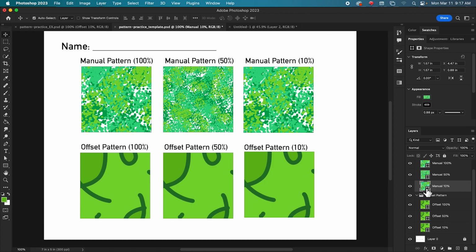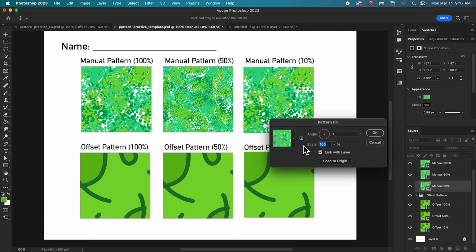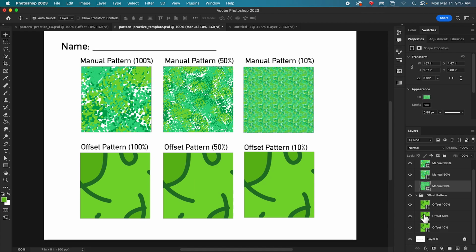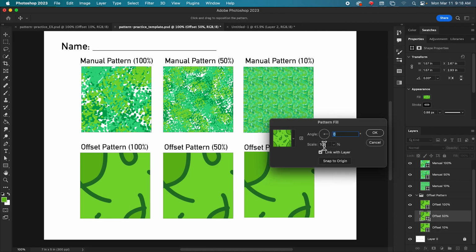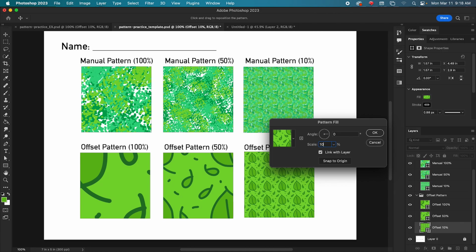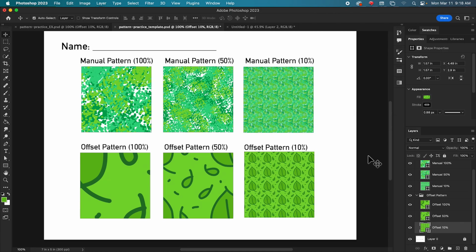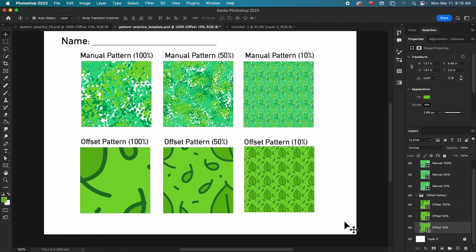Going to go to manual 10% and do the same thing. And then guess what? We're going to do the same thing with offset 50 and offset 10 as well. All right, so that is our 3 patterns, or 2 patterns with 3 different sets.